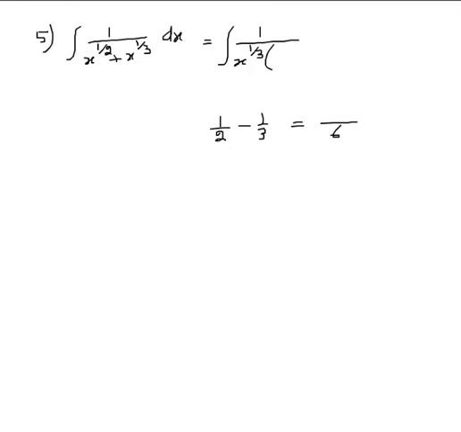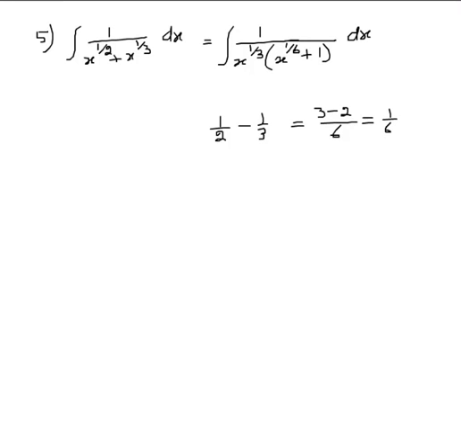Question number 5. Integral 1 divided by x raised to half plus x raised to 1 by 3 dx. Here the smaller power is 1 by 3. Let us take it out, x raised to 1 by 3. So it will become power half minus 1 by 3. Take LCM, 3 minus 2. So the power becomes 1 by 6. x raised to 1 by 6 and plus 1